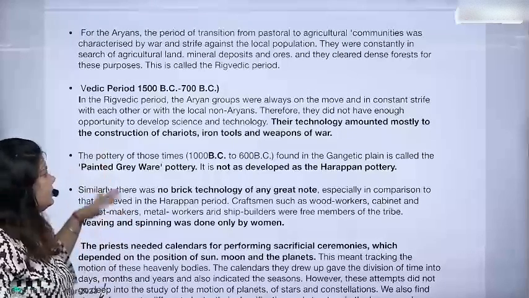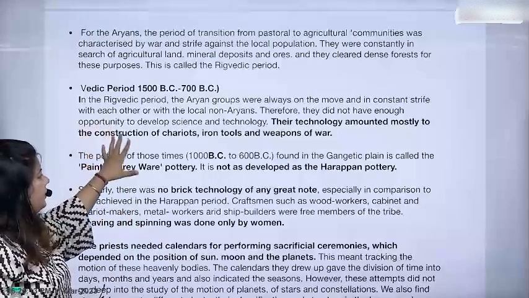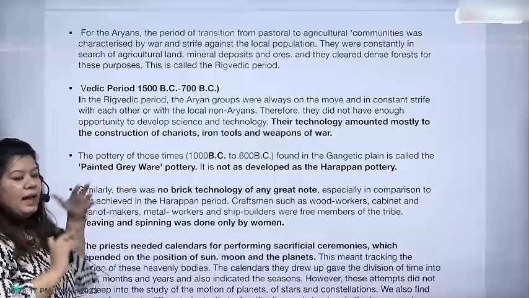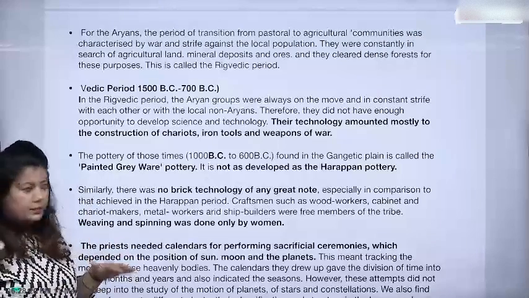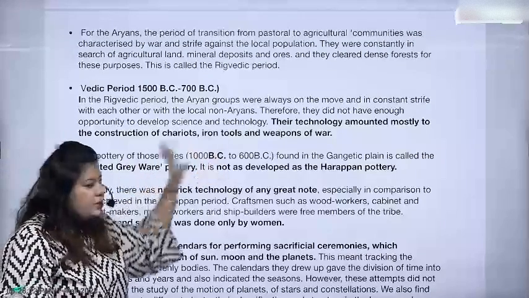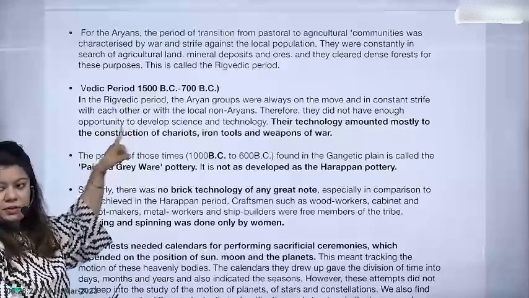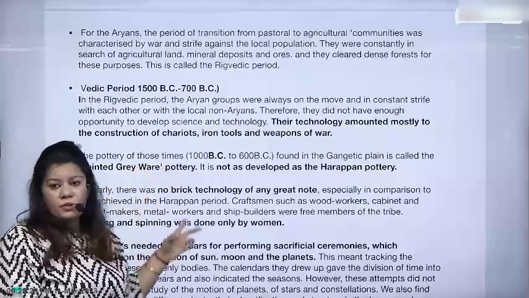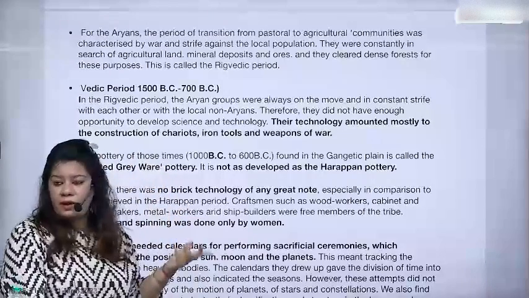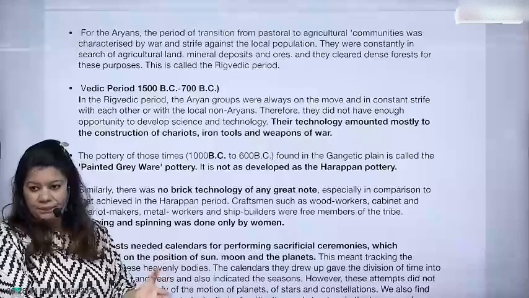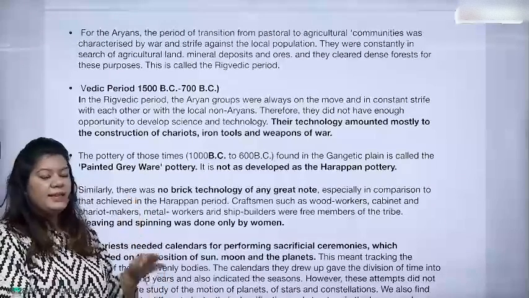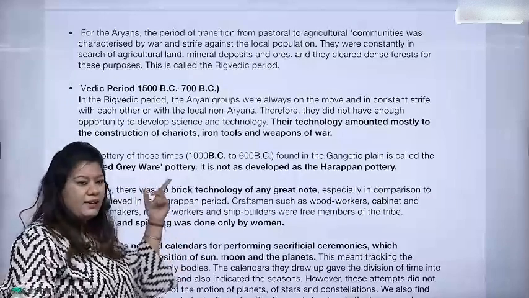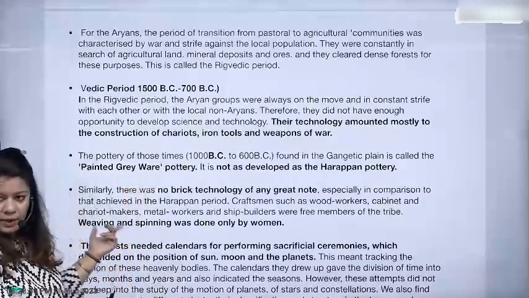So in the Rigvedic period, the Aryans were always on the move, and they had conflicts with the local people, right? So their technology specifically of this period only amounted to constructing chariots and iron tools and weapons of war, because that was the need of their stay, right? Because they wanted to stay and inhabit, that's why they were having local wars, etc. That's why chariots and war weapons were developed using iron,